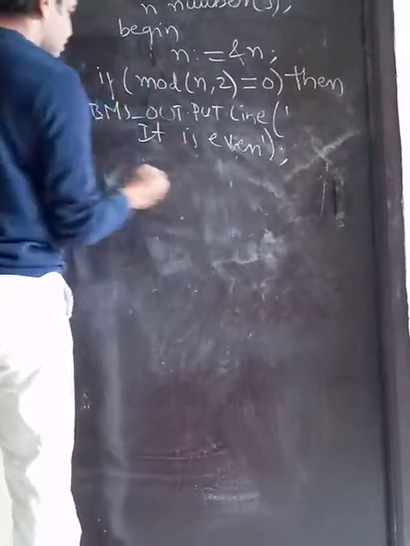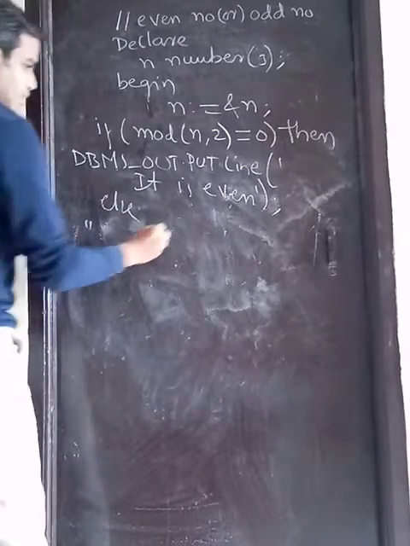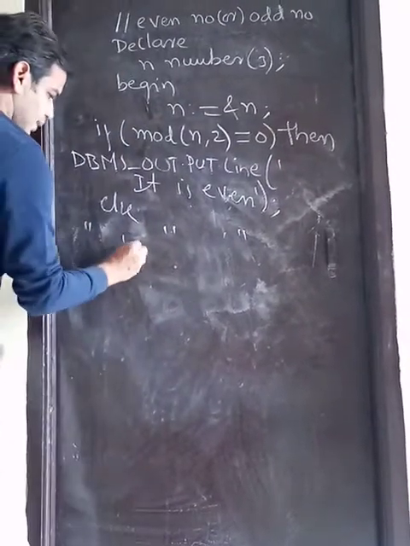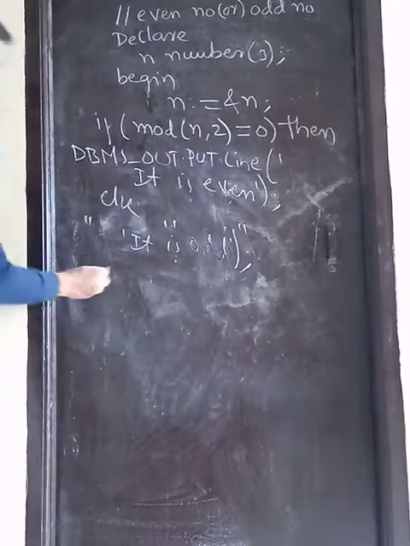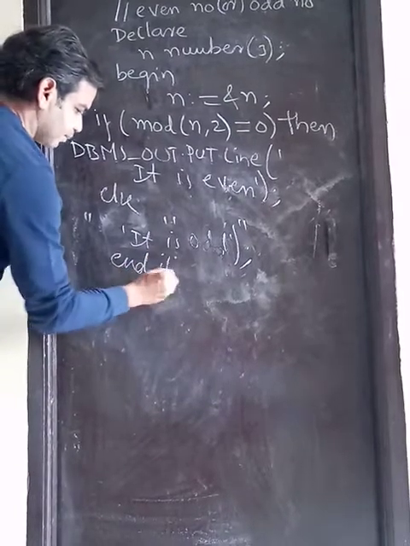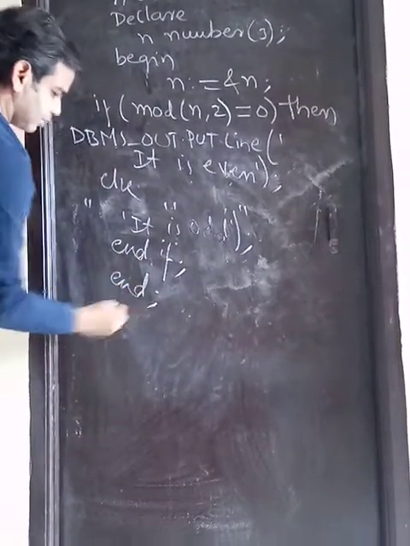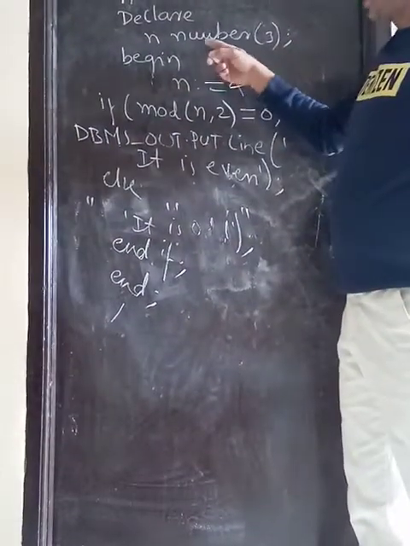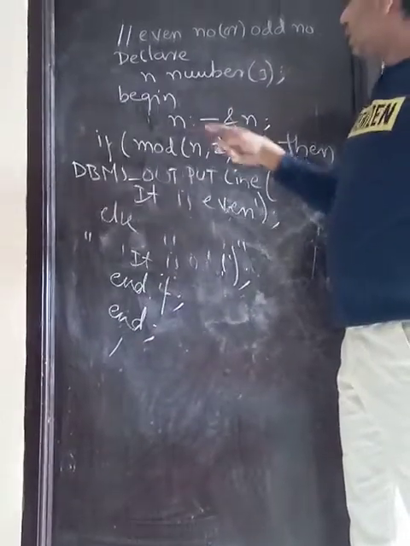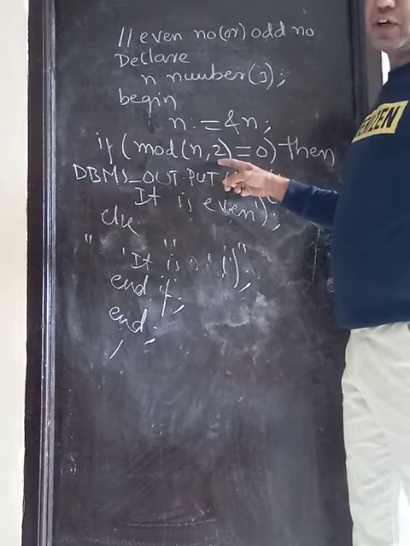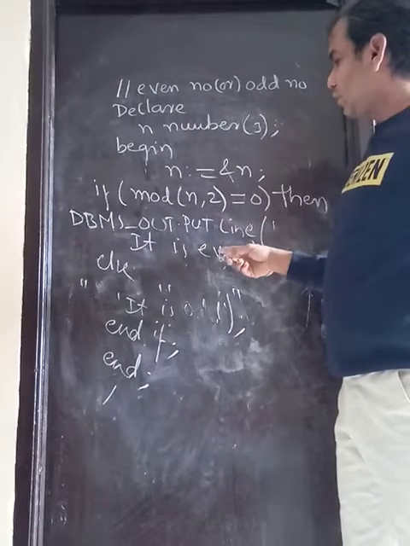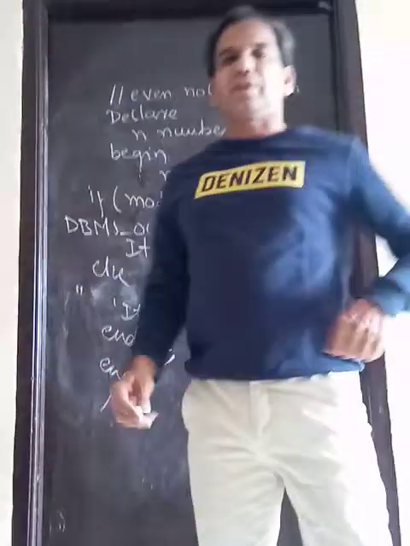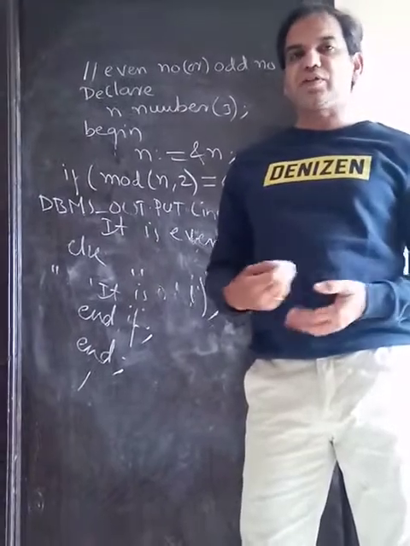If condition is false, control goes to else part. Same dbms underscore output dot put line. It will display it is odd. So if is there, end if compulsory. Every PLSQL program terminates with end and slash. Okay. See, I'm declaring n variable, begin. At runtime I'm accepting n. Mod n comma 2 will give the remainder. If it is even, it will display even, else it is odd. Okay. And remaining else if ladder in the next class we'll see. Thank you.